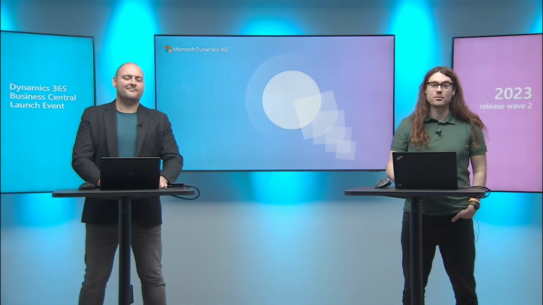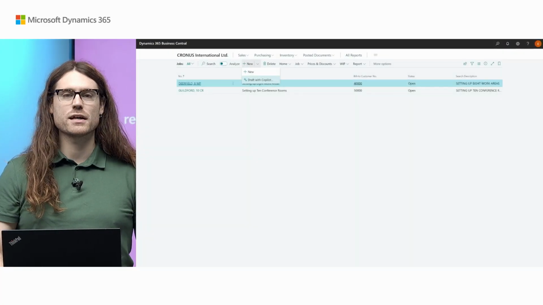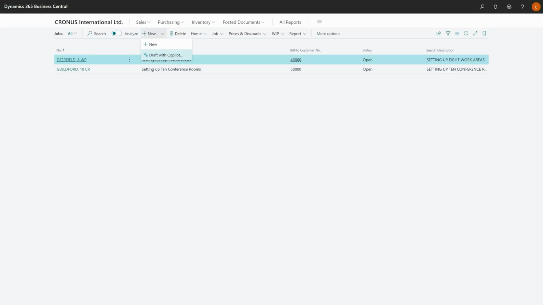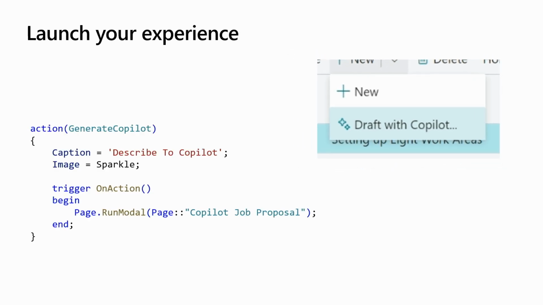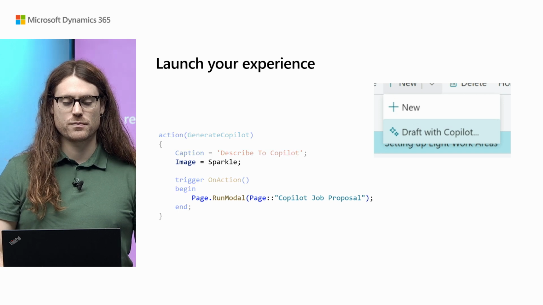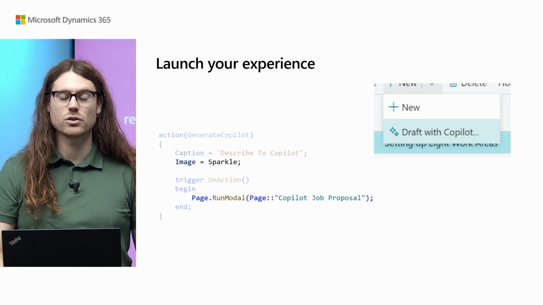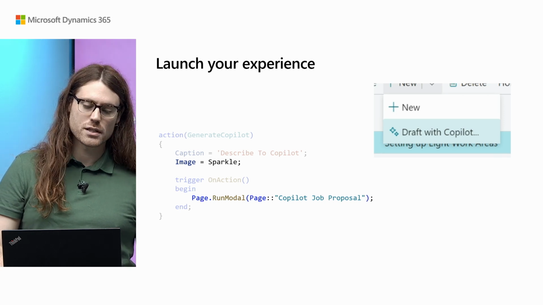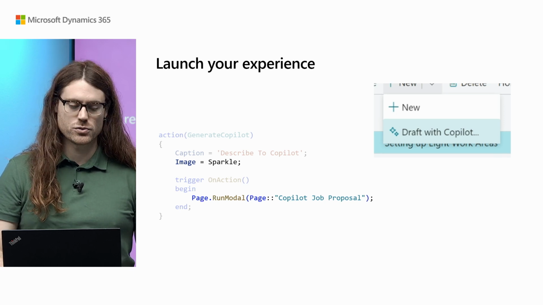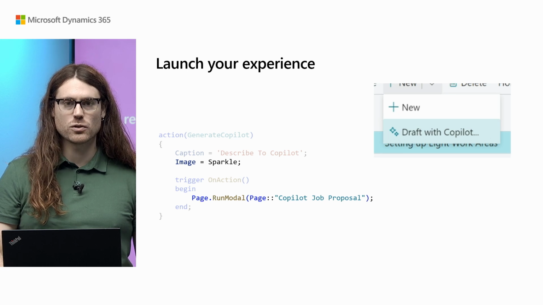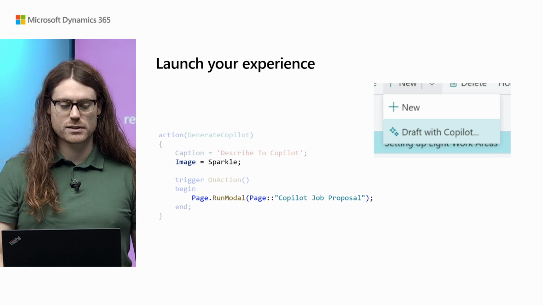And for that, I'd like to invite my colleague, Cody. Thanks, Mike. I'm Cody Hoover, an engineer at Microsoft, working on this new experience that we'll be showing you today. So first, let's revisit that experience that we just walked through and how we started with this action in the command bar. There's nothing particularly special about this other than this new image property option that's available to you called Sparkle. This Sparkle should be used across the different Copilot experiences that you're building, and that'll give that consistency for our users